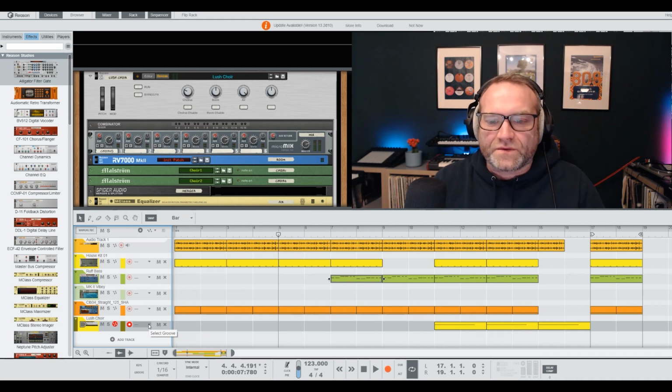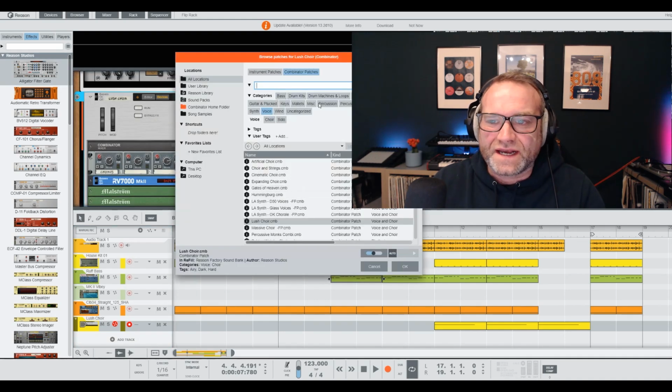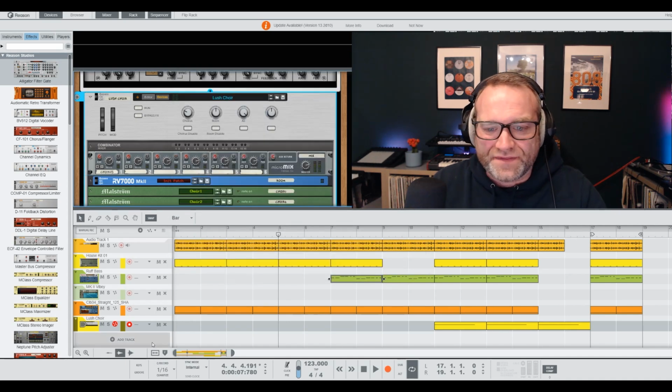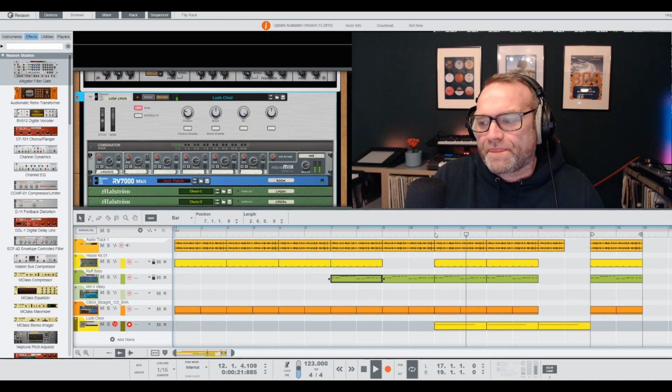So all I did was I went to the rack again, and I got a combinator, and in the combinator I went to the voice section and got a choir pad sound called the Lush Choir, and that's this. If I go up the octaves, it's quite trancy on its own, but when you play it with the other stuff, if we go here, look, just really nice, just fits well.